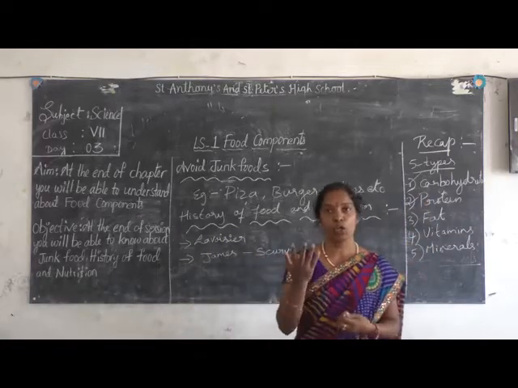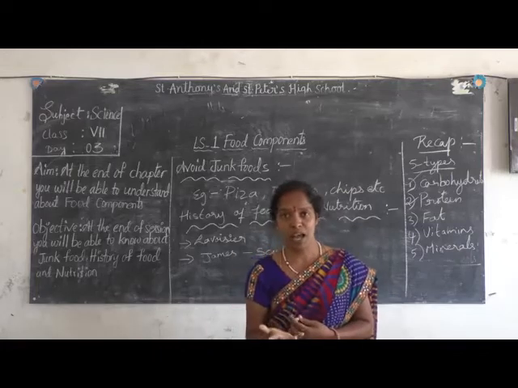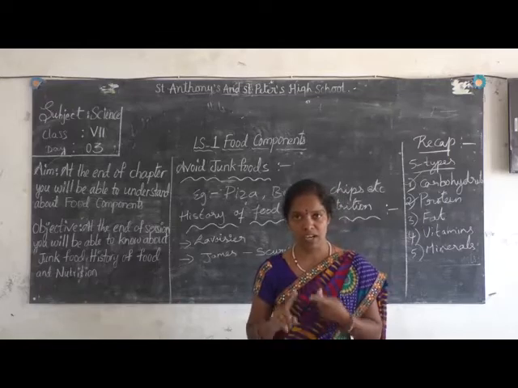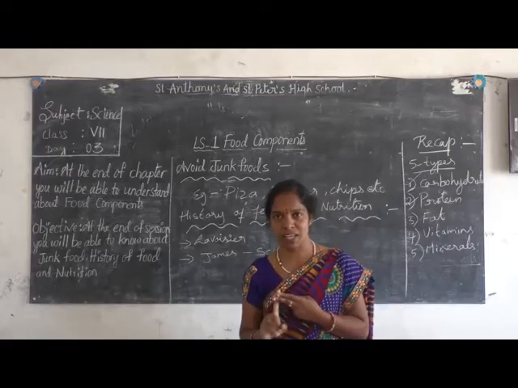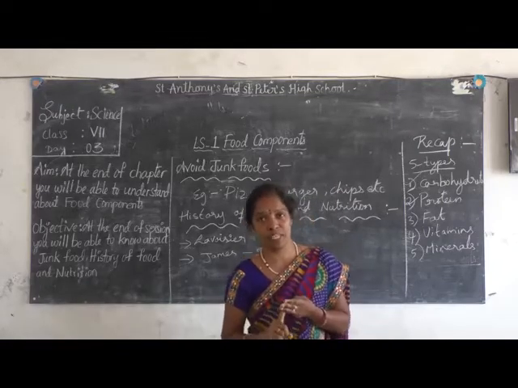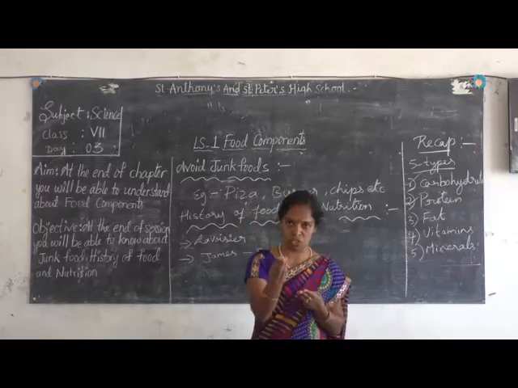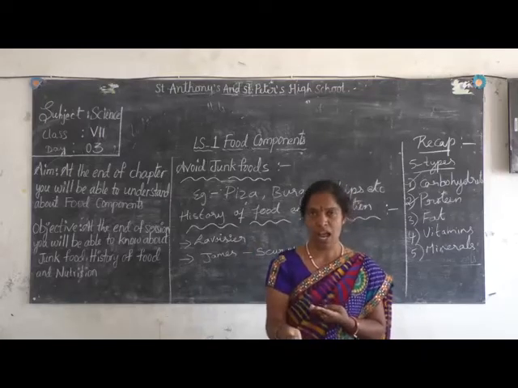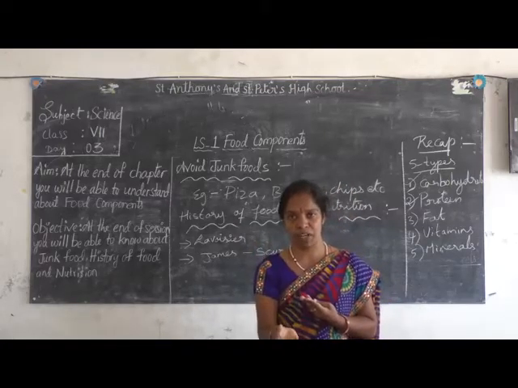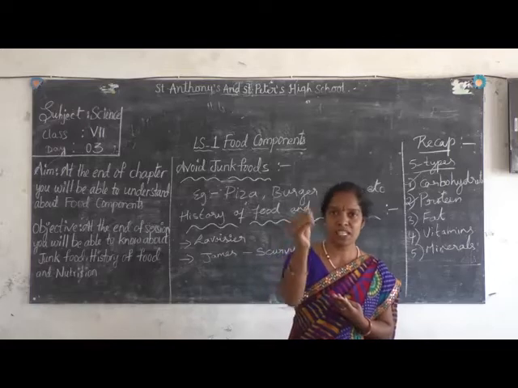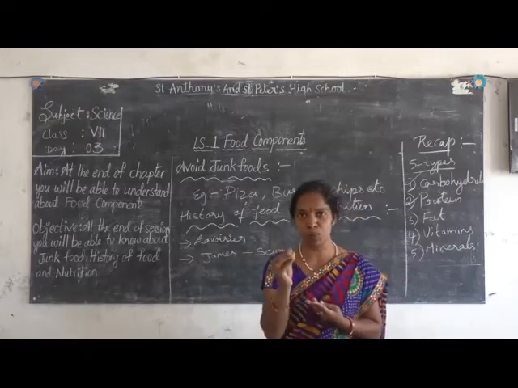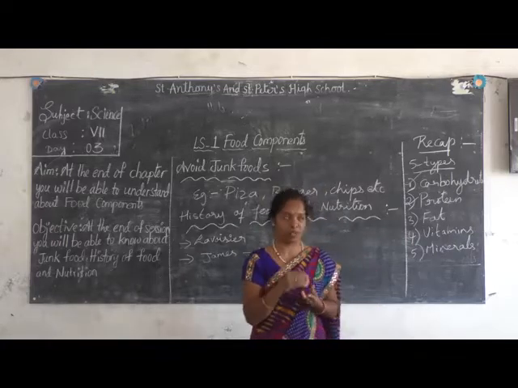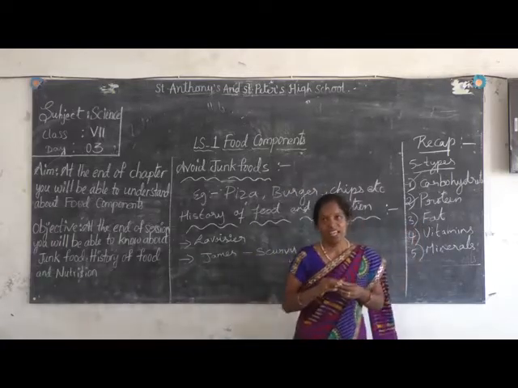Now comes to the point of the protein. We have to take 2 chemicals to test the protein. First one is sodium hydroxide. Next one is copper sulfate. And you have to take the food sample. Take any food sample in a test tube and make it a paste. Add 2 drops of sodium hydroxide and 10 drops of copper sulfate and mix it well. If it gives a purple color or a blue color, which indicates the presence of proteins, that is the confirmation test.